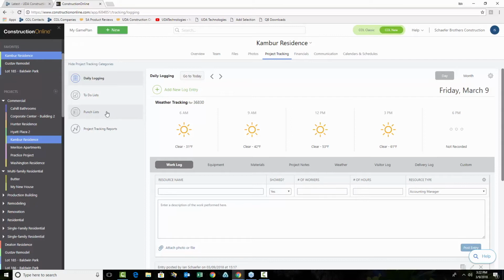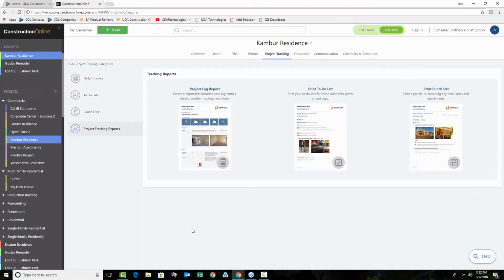Again, a little different than the traditional Construction Online, or the classic Construction Online view. All the reports on Construction Online Classic are gathered together under a Reports tab, where you can pick and choose any report that you may want to generate, from estimating reports to scheduling reports to logging reports, whatever it might be. Now, each feature set has its own collection of reports that applies, and you get these gorgeous overviews for